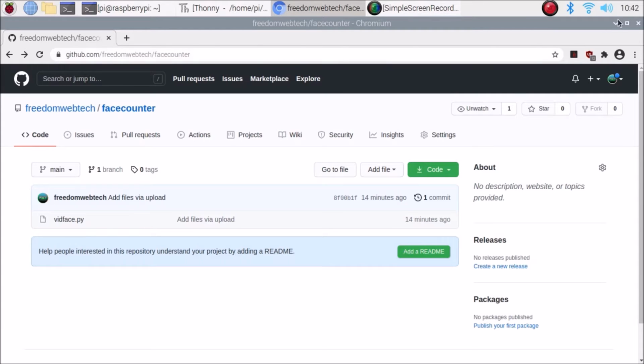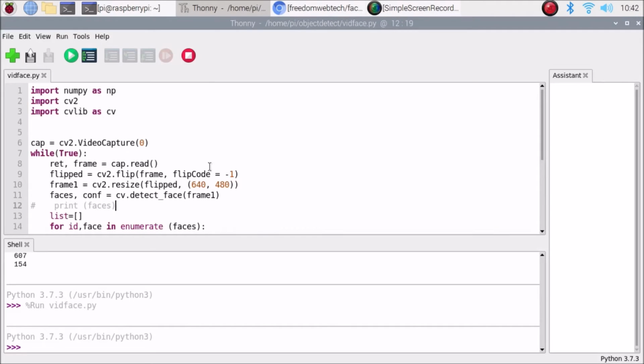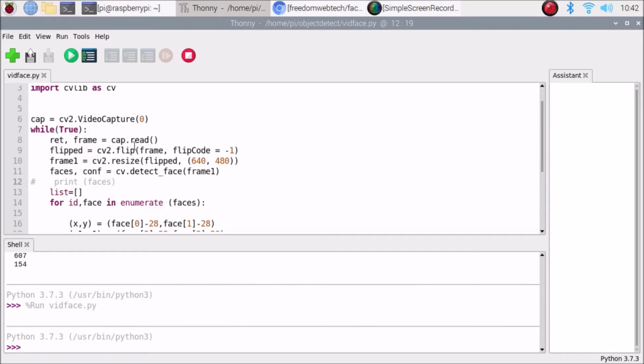Why CVLIB? Because, friends, it is really easy to detect faces. This is the script, as you can see: import numpy as np, then import cv2, and this is our module, import cvlib as cv. It will now start the video capture, then read the frame with cap.read, which we always do.